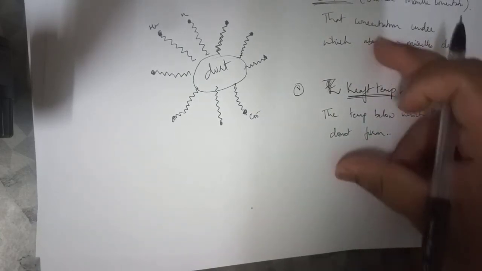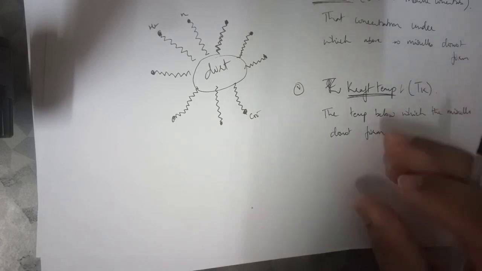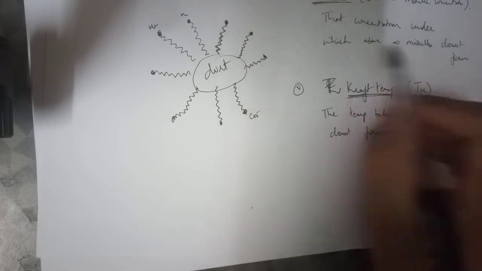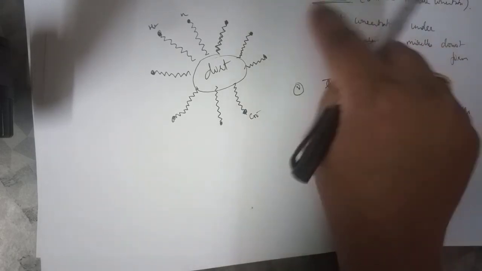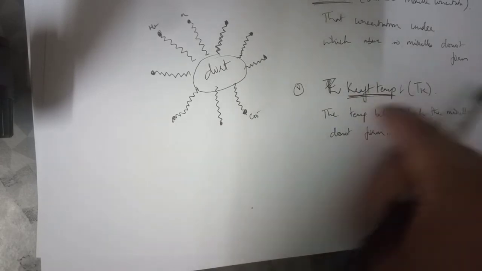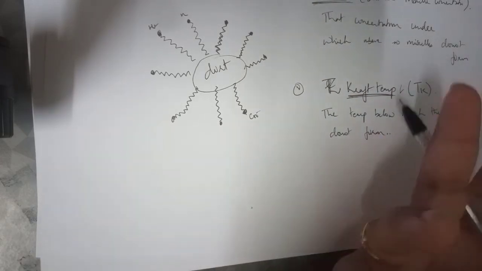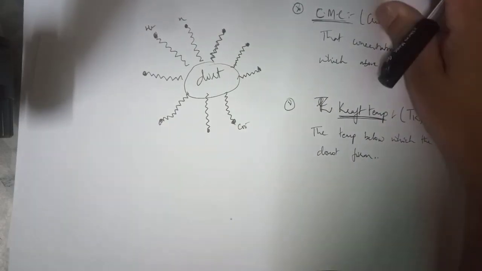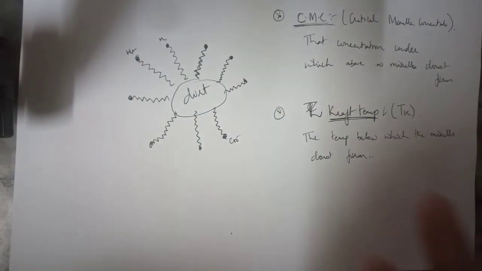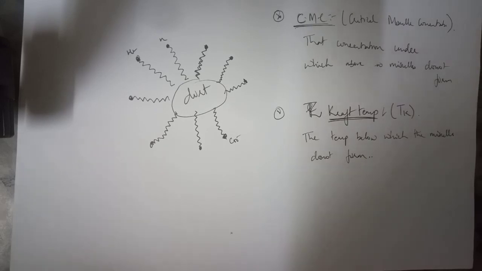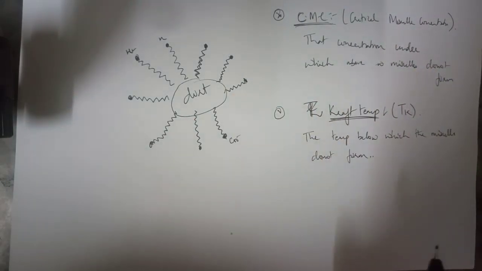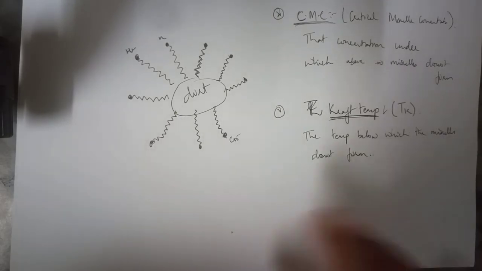I feel it is a little negative, so rather than saying do not form, write it in a positive way. That is, the concentration above which micelle formation takes place is CMC. The temperature above which micelle formation takes place is the Kraft temperature. Even if you write it the other way, that is not a mistake. But the right way of writing them is, rather than using do not, write it as forms. Okay, so this is about the various things. Let's stop it here. We'll continue in the next class with another term.